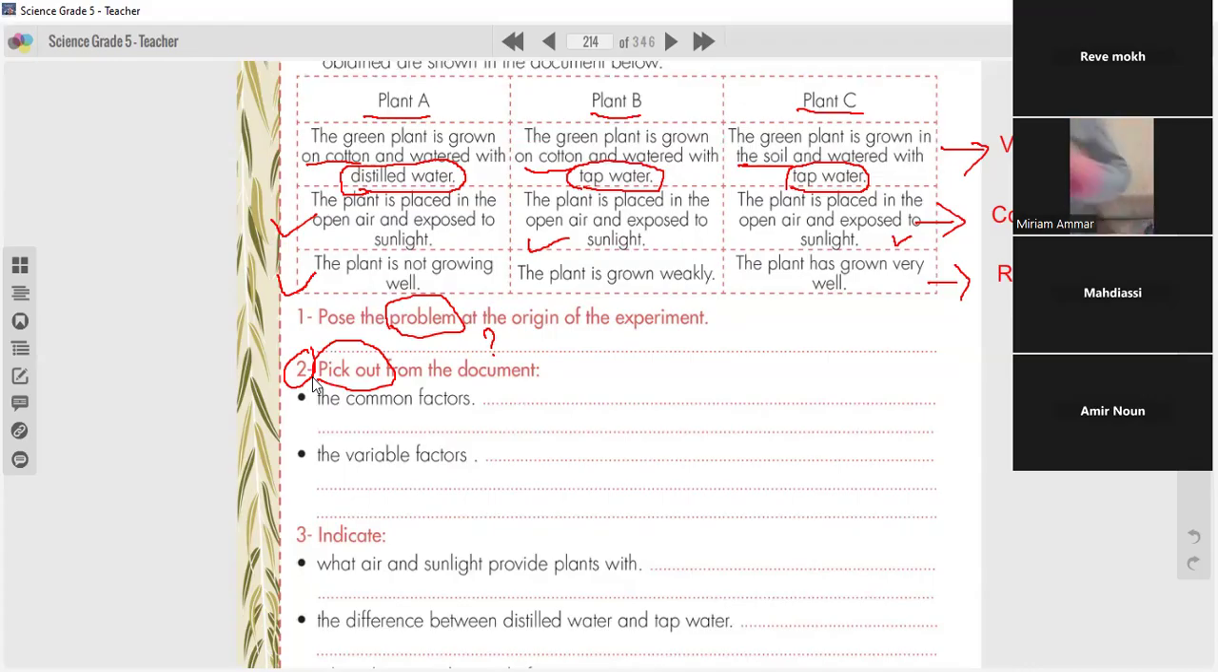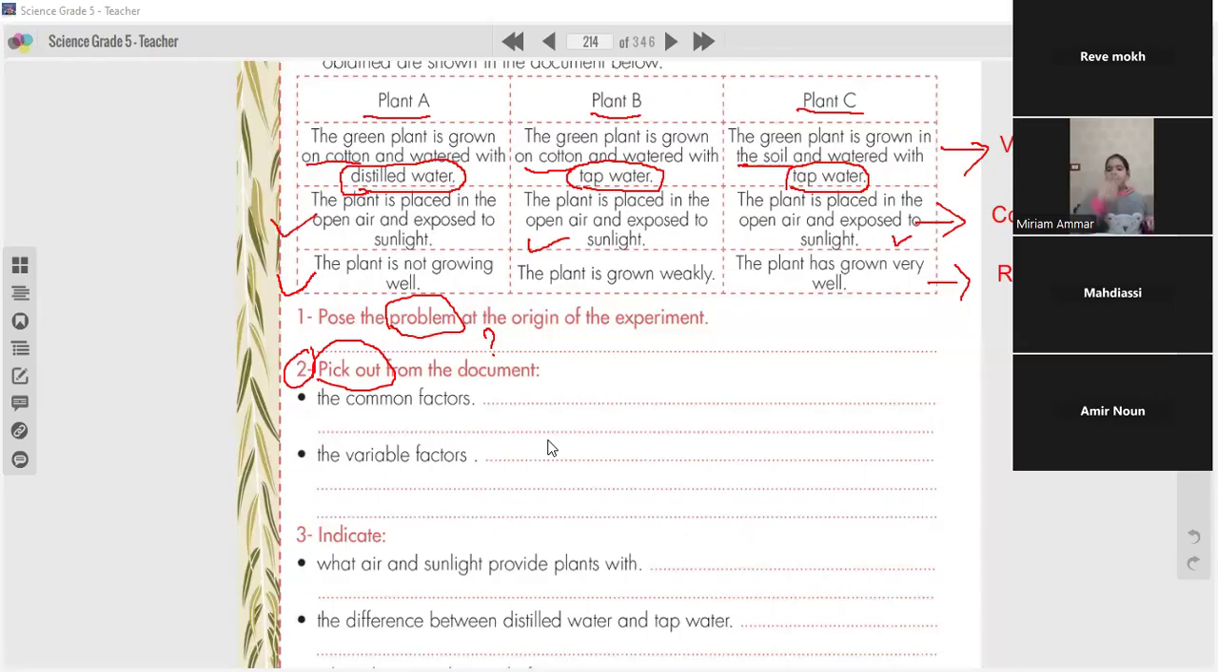In plant A, they are telling us the plant is placed in the open air. Wait a second. When we are talking about the common factors, you can put them like a point, you can list them. Tell me the first common factor. The common factor is the plant is placed in the open air and exposed to